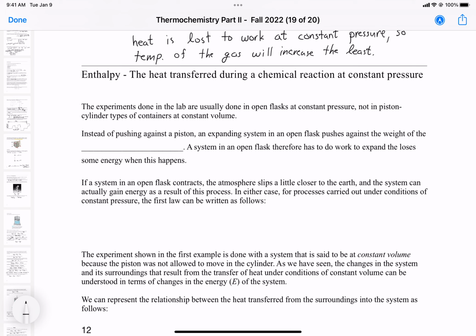So usually reactions are done in the open atmosphere, and so usually we have a scenario like the second one where it's delta E equals Q plus W. Okay, so experiments done typically in the lab are in open flasks at constant pressure. So we're not usually doing them in closed containers or